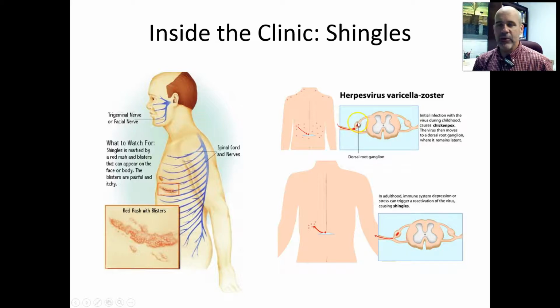That's called the dorsal root ganglion. And so when you get chicken pox, some of those chicken pox viruses enter sensory neurons, and the DNA winds up persisting inside the cell body of sensory neurons close to the spinal cord, or close to the brain